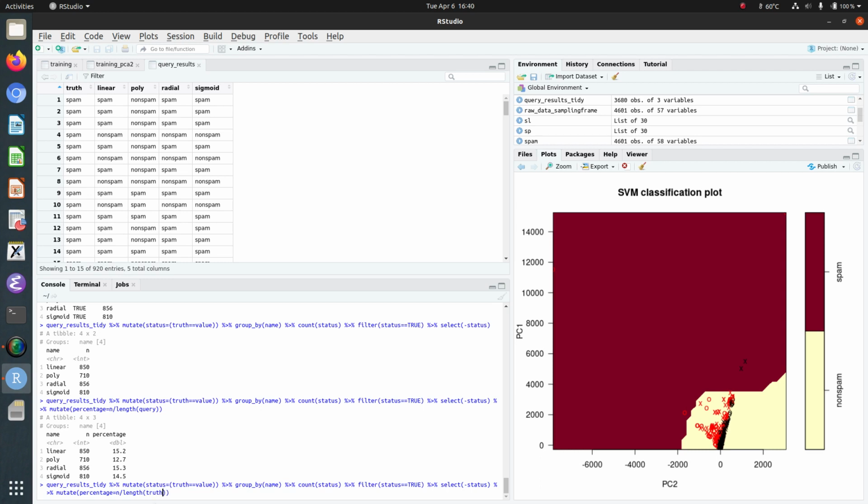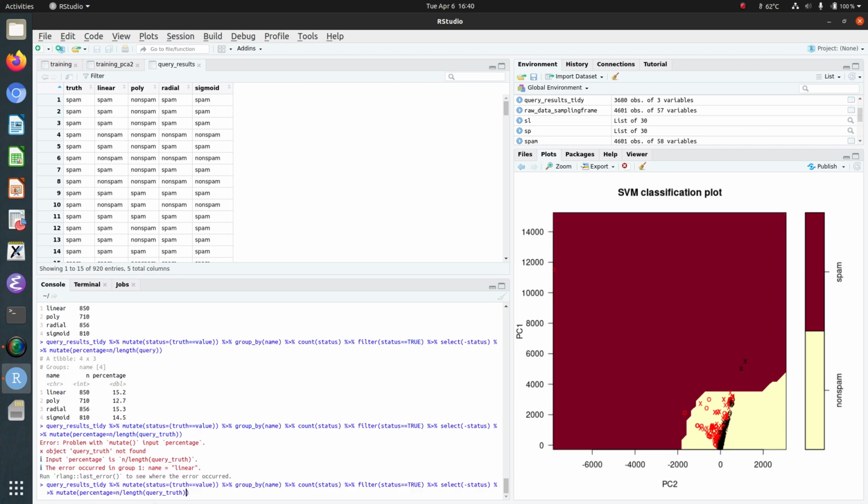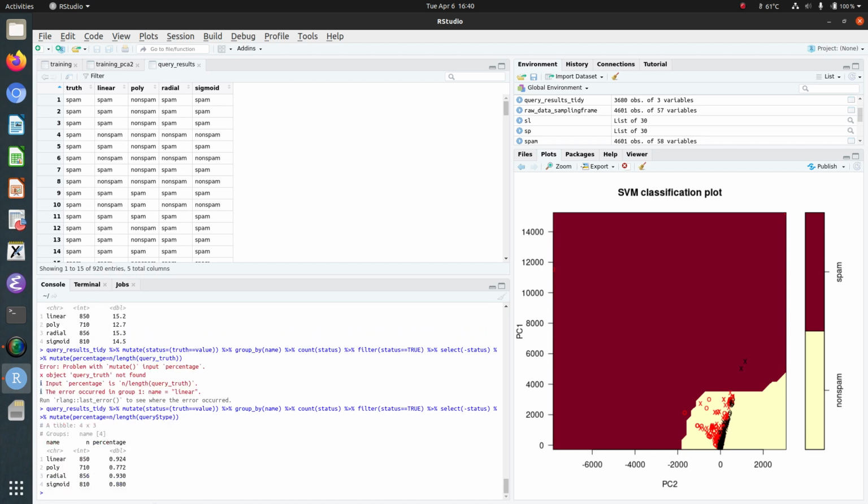My bad. Oops, what did I do wrong? There we go. Okay, great. And you can see the linear got 92%, the radial got 93%, and so those are kind of the reigning